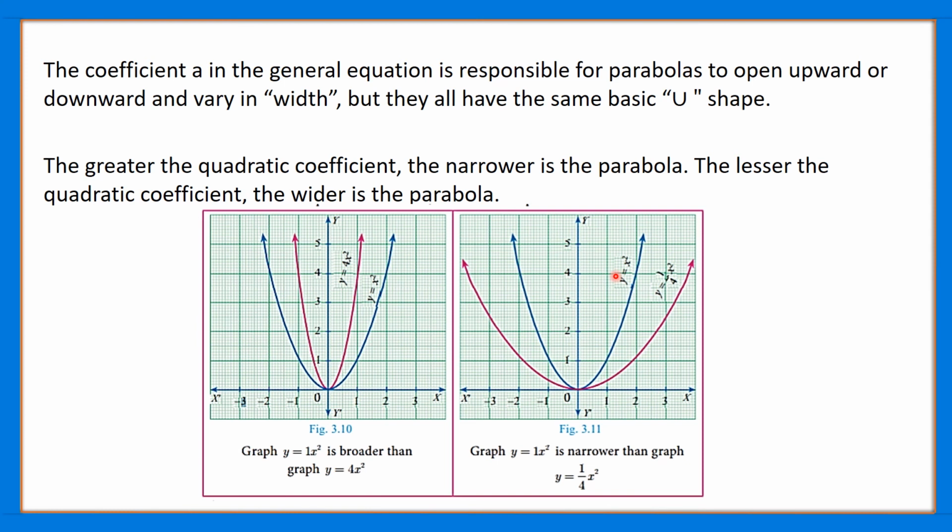Does the parabola look symmetric or not? Actually, a parabola is symmetric with respect to a line, and that line is called the axis of symmetry. In the given graph, the axis of symmetry is this line. Similarly, for this graph, the axis of symmetry is this. So the parabola is symmetric with respect to these lines, and these lines are called the axis of symmetry.